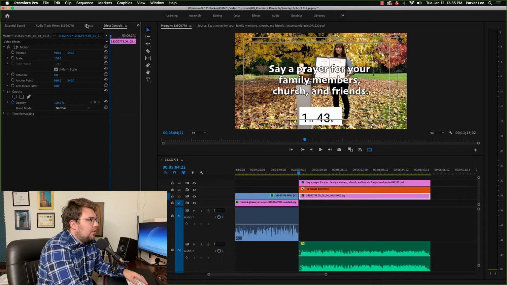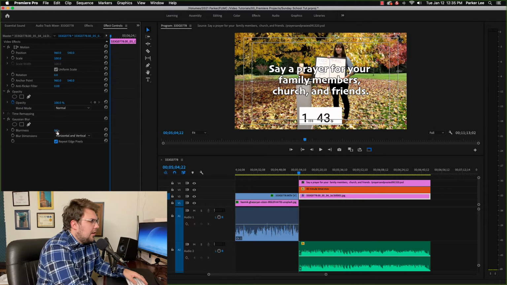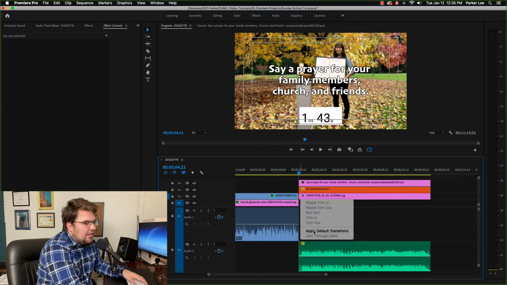Again, one thing you could do is add a little Gaussian blur to this. So add effects, Gaussian blur, drop it on, repeat your edge pixels, maybe an 8, and it blurs it out. If you add that,